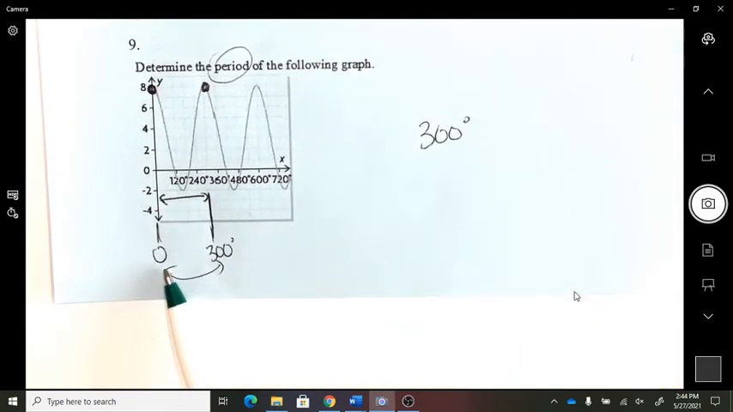So if you hadn't started at 0, make sure you're figuring out the distance, not just the final number. You've got to say from here to here took a span of